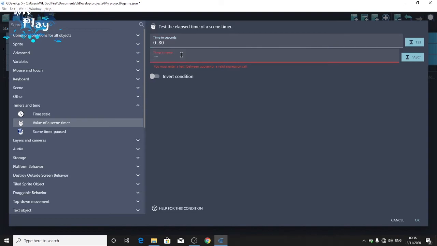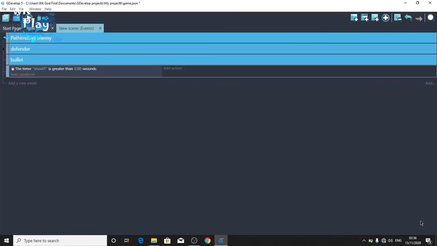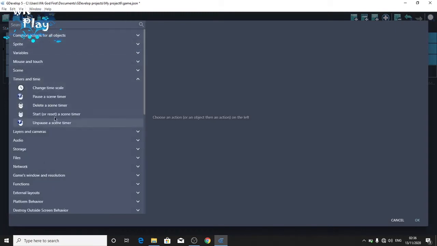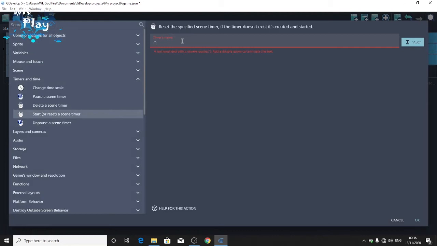And let's name this timer defender. No, name it again, defender. Let's name this timer shooter T, something like that, so that it's different and there's no confusion. Now click OK. Now let's reset the timer as we did before. Okay, reset the name shooter T. Okay,